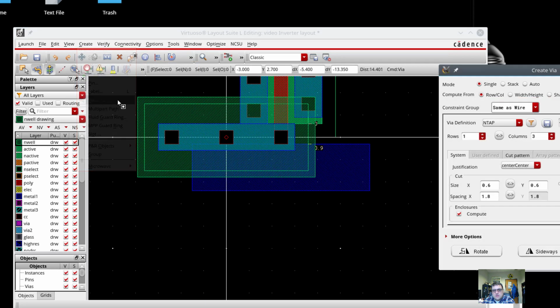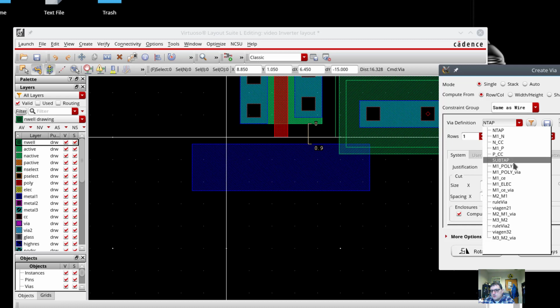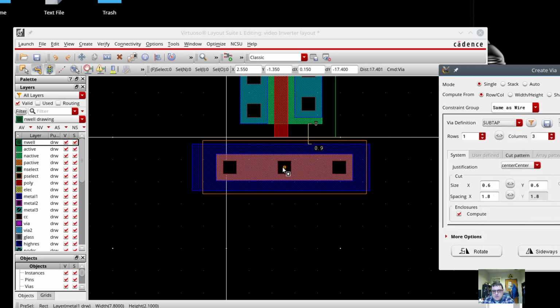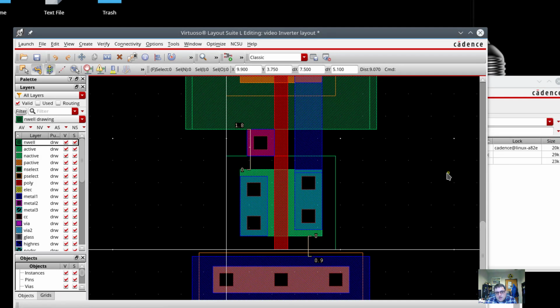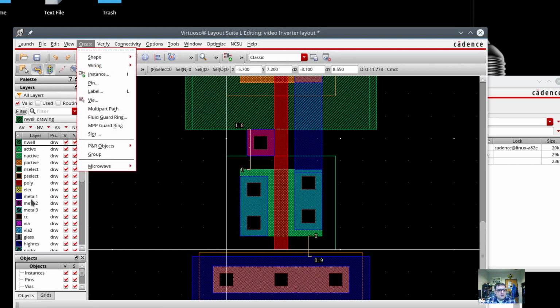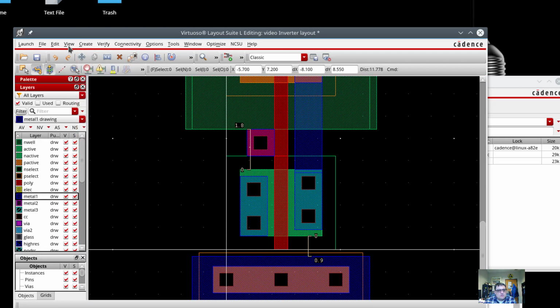And this one's going to be a tap to the substrate, so it's called a subtap, and we'll get him centered. Almost done. The last thing I've got to do now is to connect the power and ground. So we're going to create a rectangle here on the metal 1 layer,